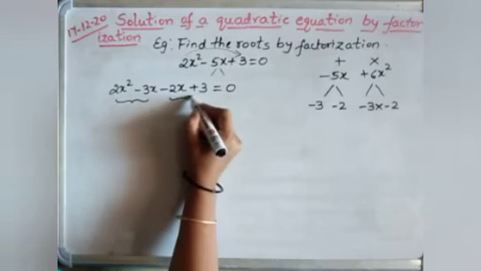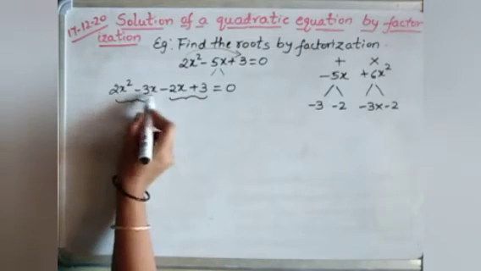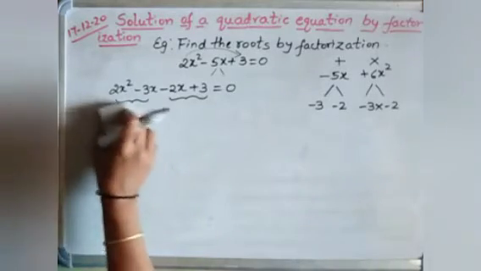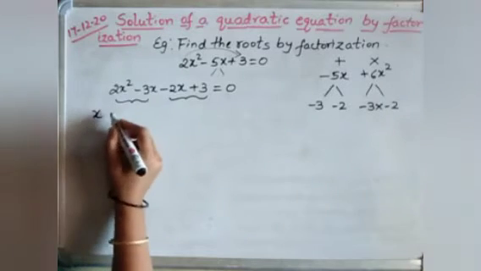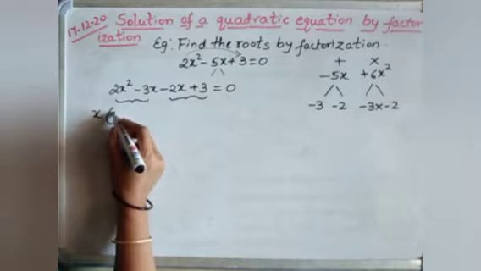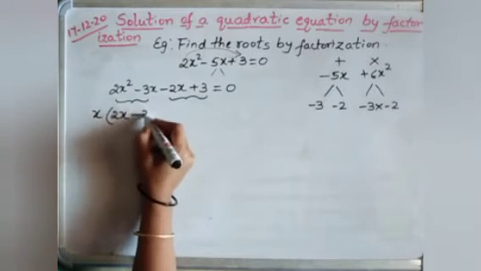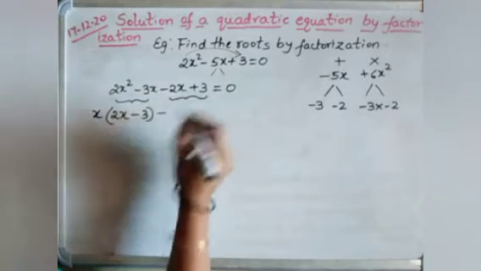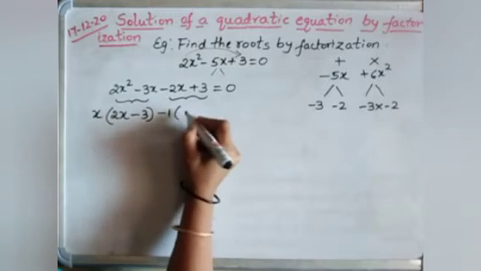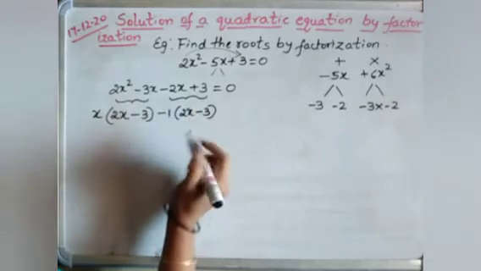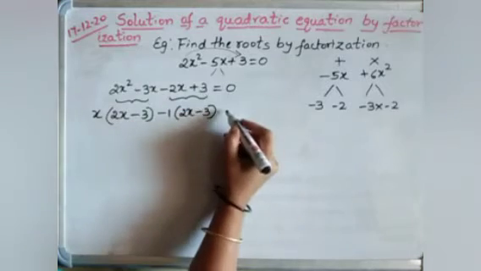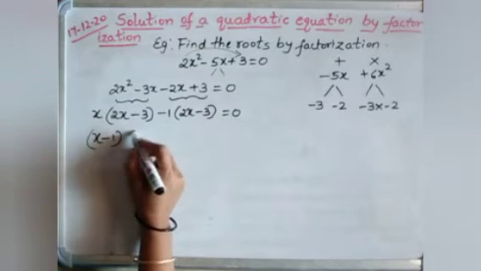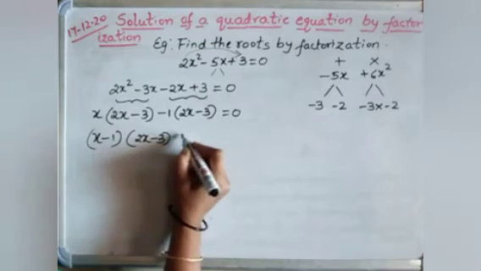Now we will group by taking the common factor. Which is common among this? That is 2 is not common, only x is common. So we will take x as common factor, and what is remaining inside the bracket? That is 2x minus 3. Now here also we cannot see any numbers are common over here or x. So only 1, right? 2x minus 3. Why it is minus 3? Because minus into minus is plus, is equal to 0. So here we get the factors x minus 1, 2x minus 3 is equal to 0.